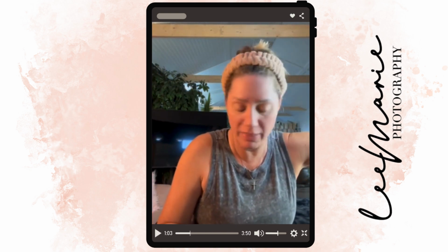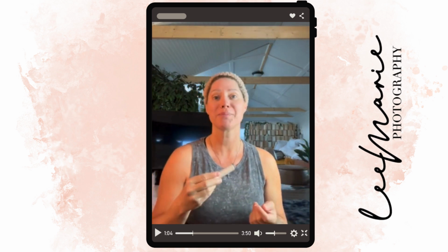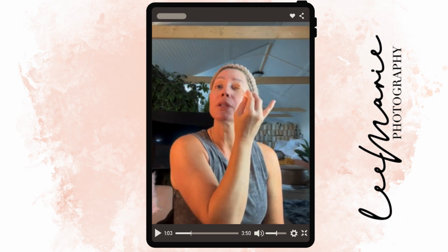So I love this e.l.f. concealer in the white with the white lid. This is their e.l.f. camo, the hydrating concealer. If you have more mature skin like I do, you want the hydration. So I start with a primer on the lids, just like this,